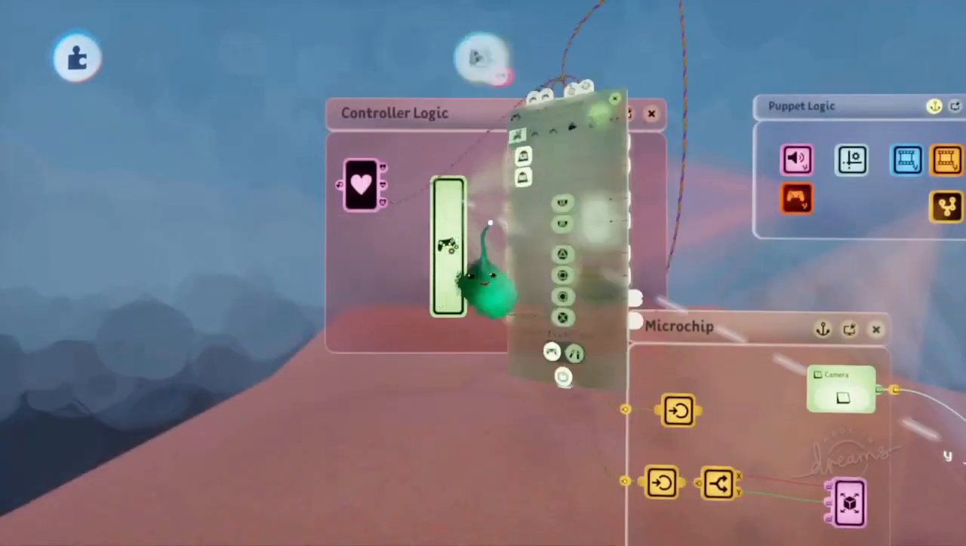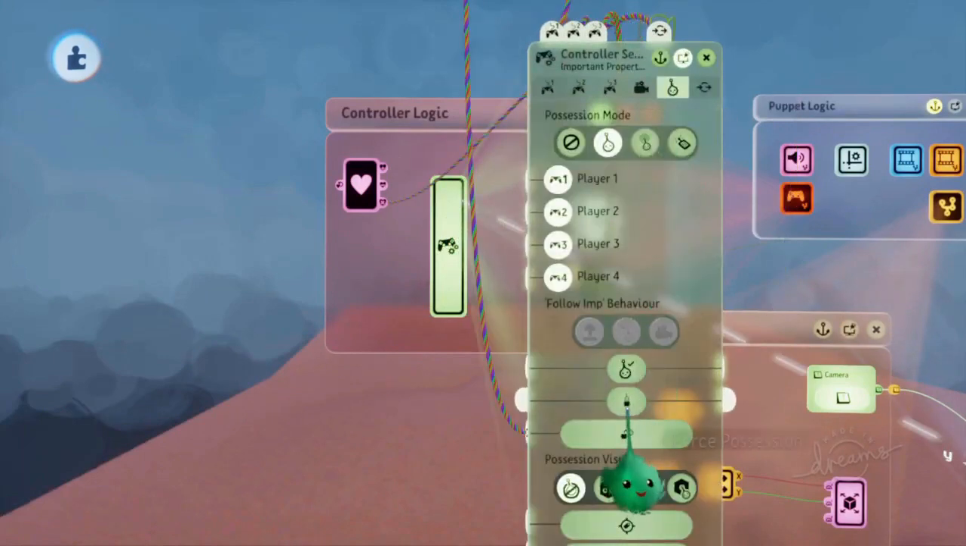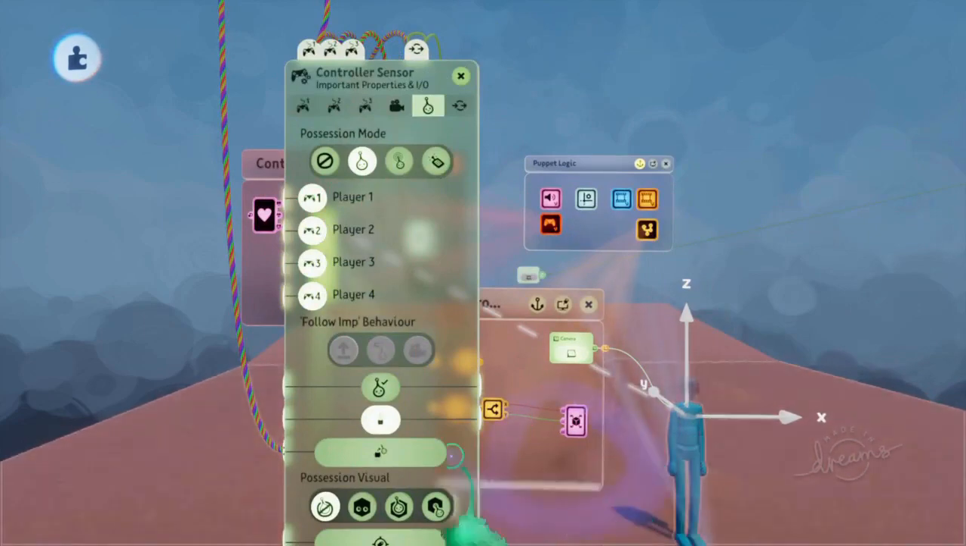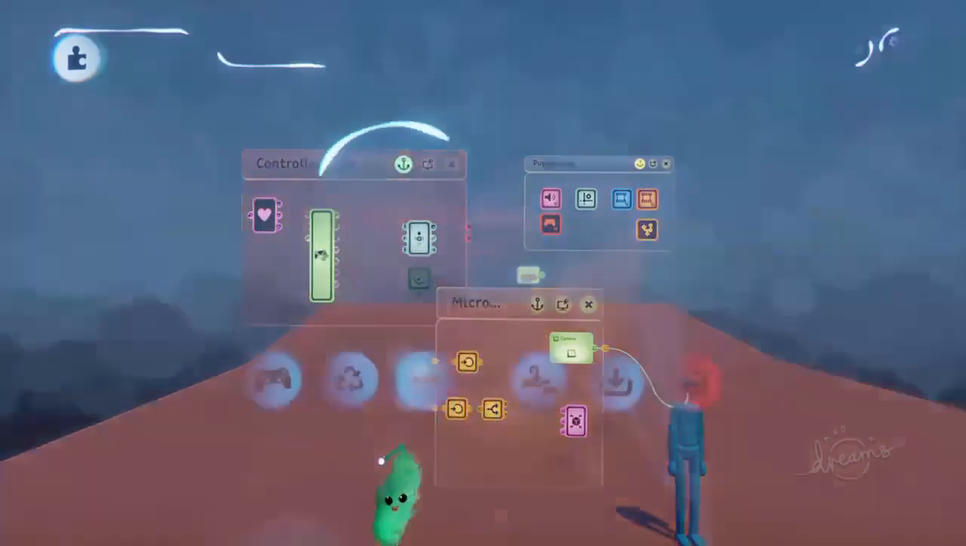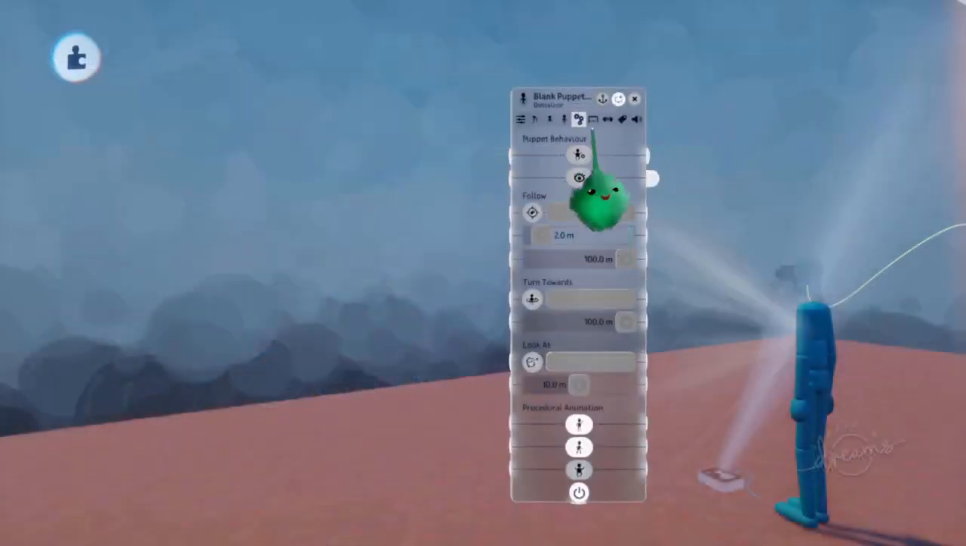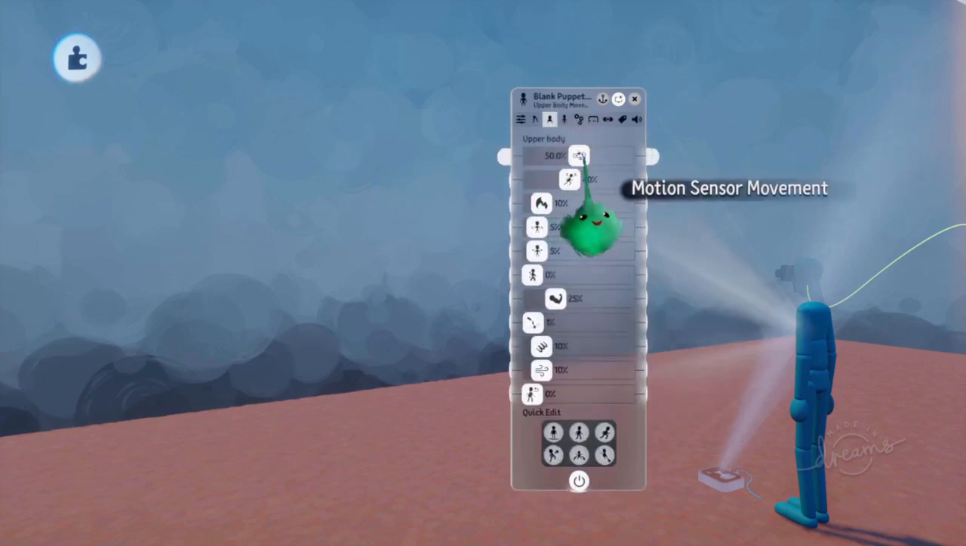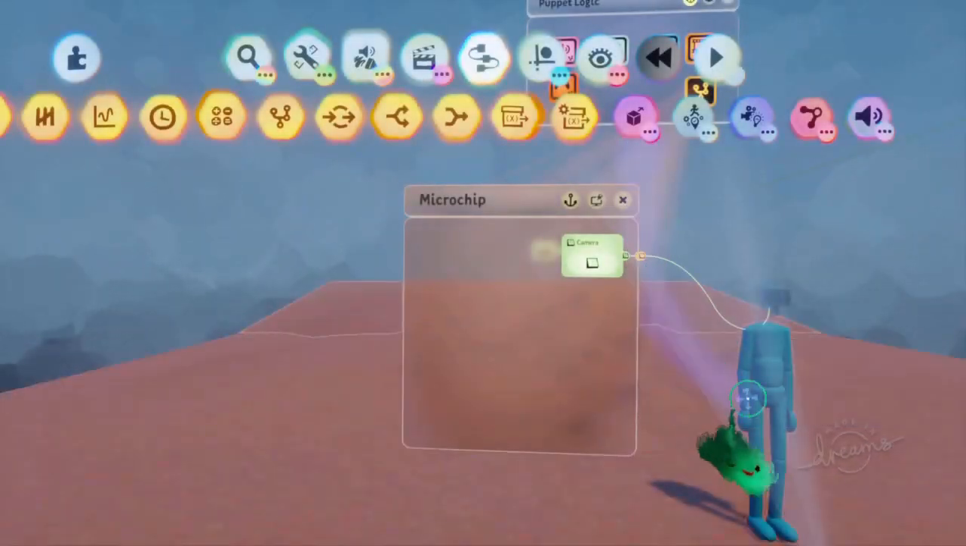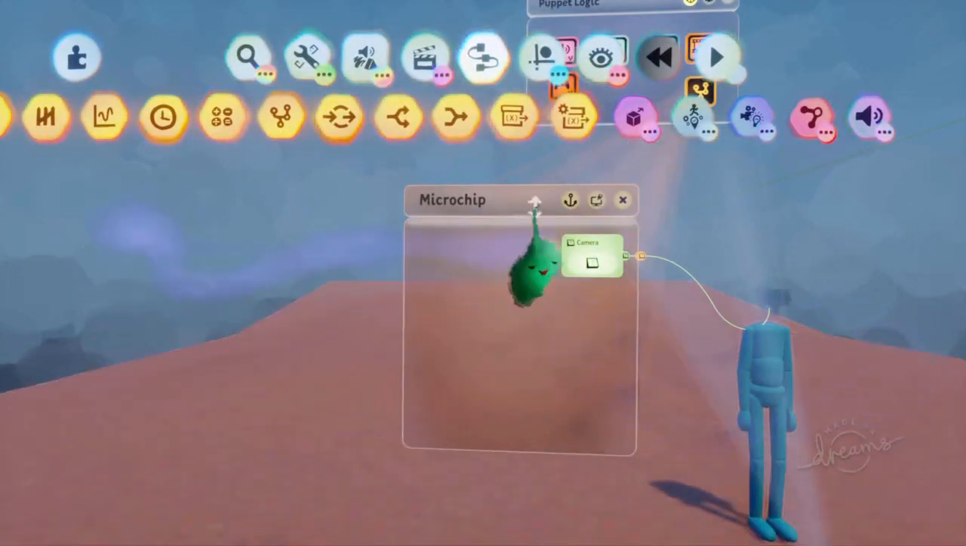Oh yeah, we need to turn on force possession because we can't actually see this puppet to press R2 on it to possess it, so we'll have to auto possess. We also want to turn down the motion sensor movement so that when we tilt the controller nothing happens. So first I'll make it so that we can walk around